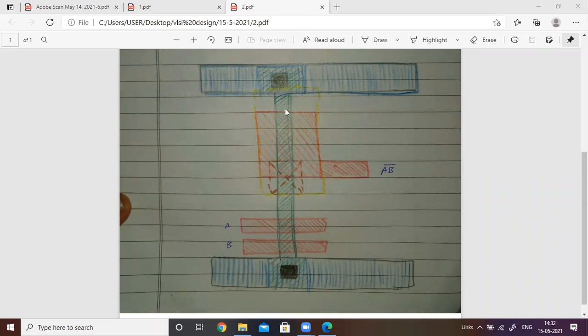This is the actual condition to reduce the size of the transistor structure. So take the minimum width as 2 lambda, and from the boundary one extension is 2 lambda, and this one is also 2 lambda. Take a yellow color and draw the implant like this. By seeing this implant, you can identify that this is a depletion mode transistor. That is about the structure of the